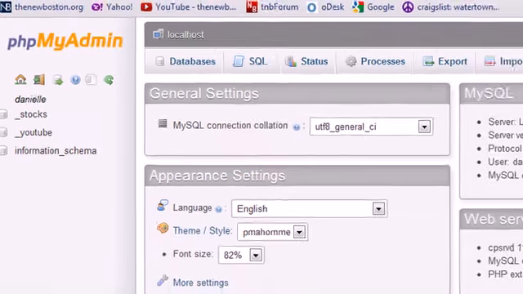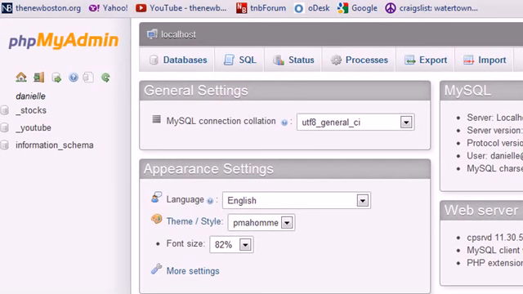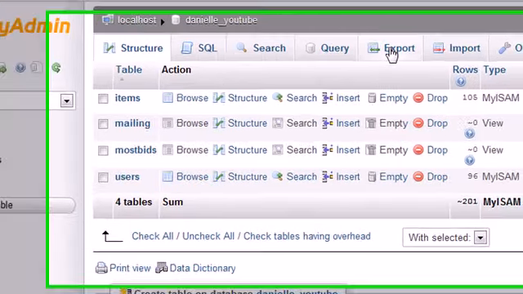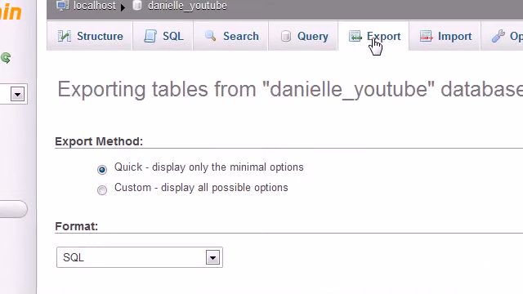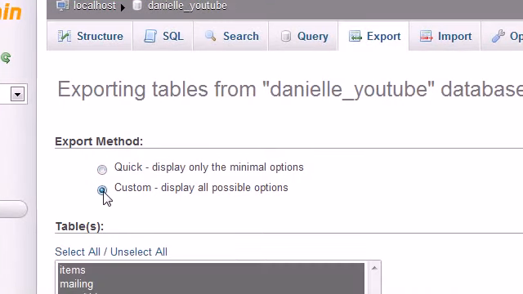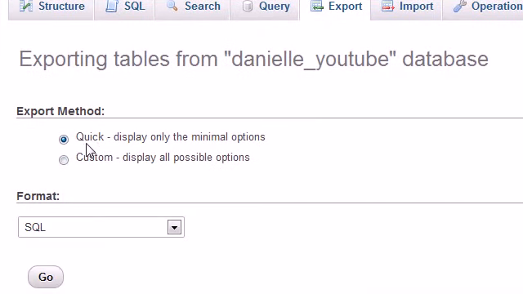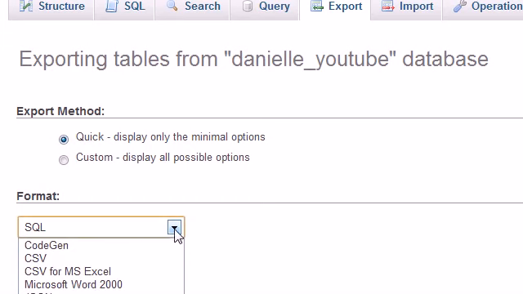And before I let you guys go, I want to tell you a couple of things. First of all, whenever you want to back up your database in phpMyAdmin, go ahead and log in and click on the database that you want to back up. For example, mine is named YouTube. So I'm going to click on that, and now all you have to do is hit this export tab right here. Now you can choose custom if you don't want to export all the tables, but the easiest way is just to use quick export, and make sure you export